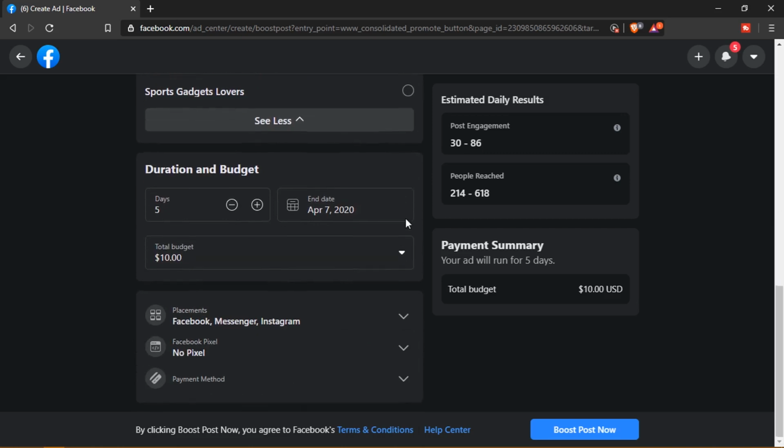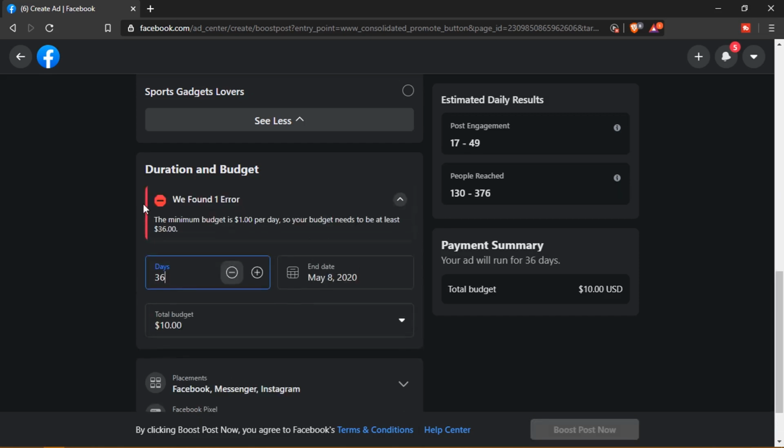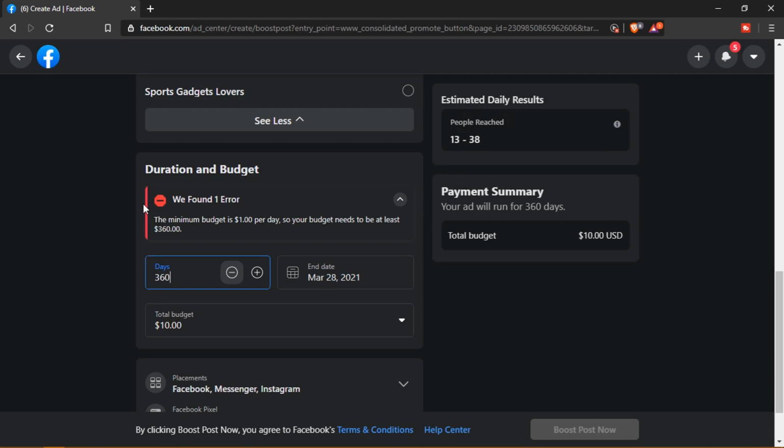Let's move on to the duration of your budget. Now here you can choose how many days you want your ad to run. Do you want your ad to run the whole year, 1 month, a week, or even a day? You can choose from 1 day to even years. For example, let me put in here 360 days. Now, depending on how many days you choose, which I think I also showed you how to do in the previous video,